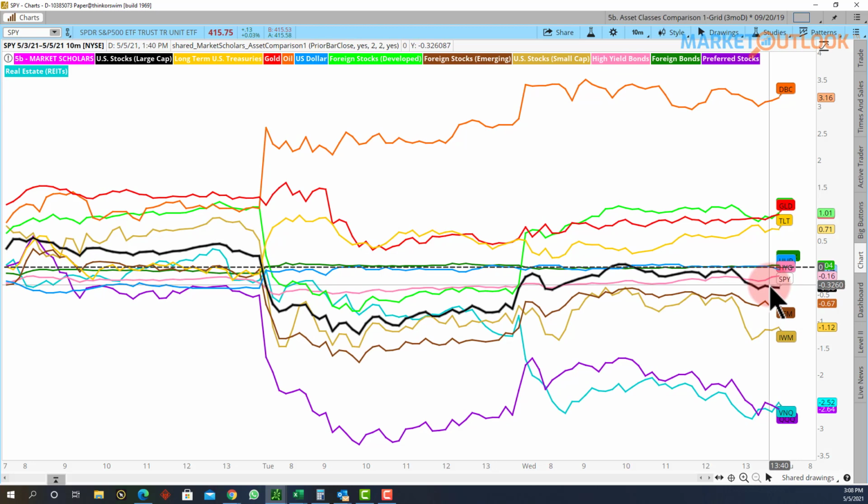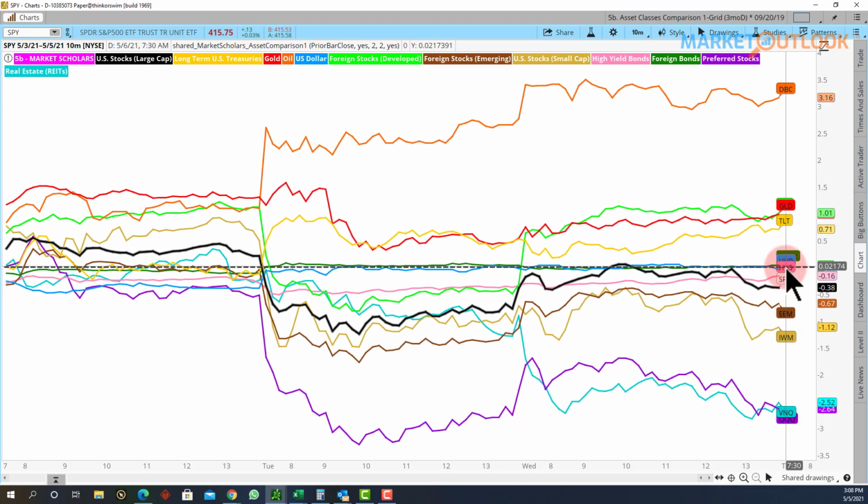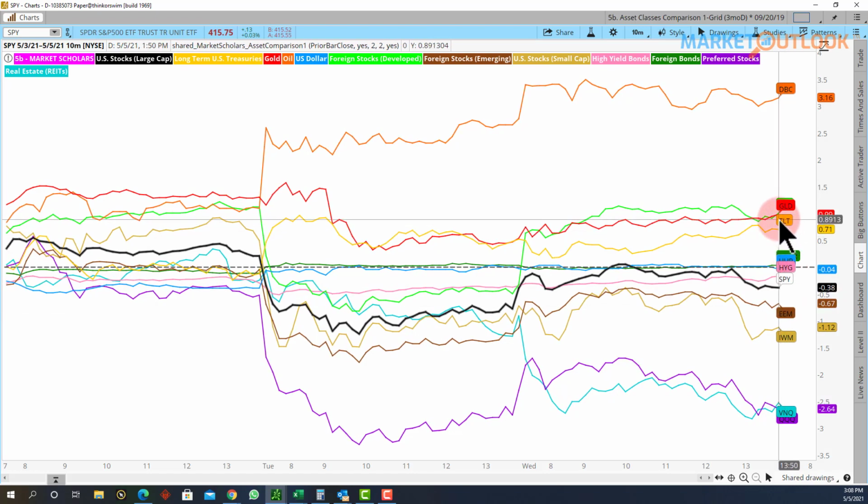They usually will drag the S&P below small caps when they're that far down, but that wasn't the case here. So kind of interesting development there. Also, the divergence in international equities, with developed markets going up, but the emerging markets slightly down and flat there. And then on the other hand, with this risk off move we're getting today or this week so